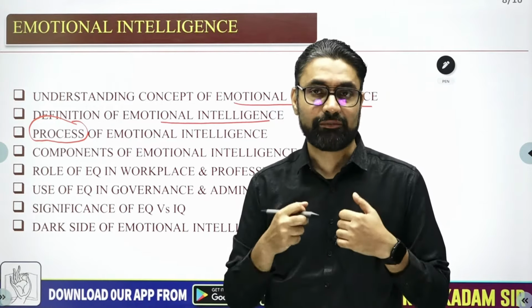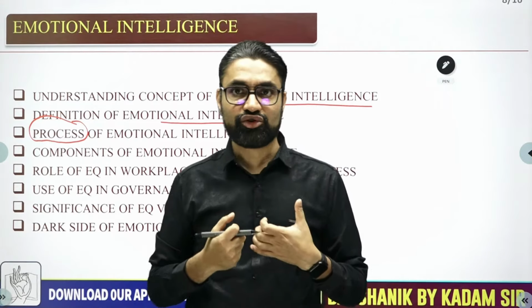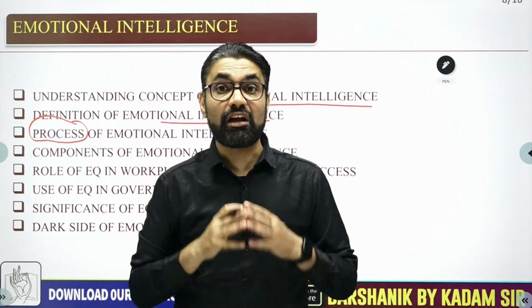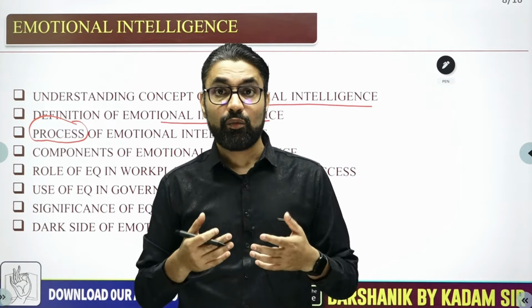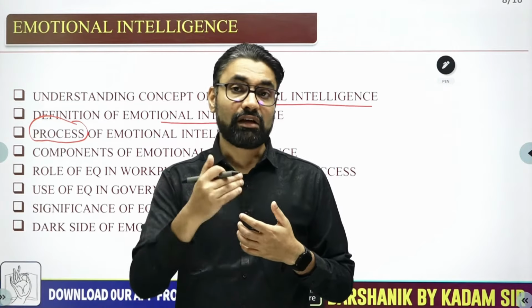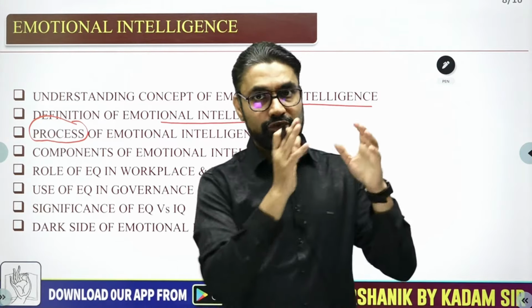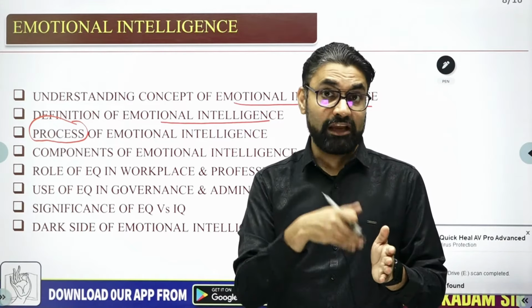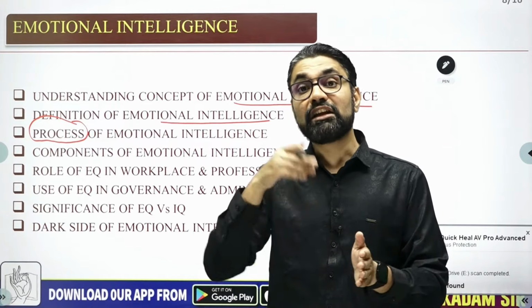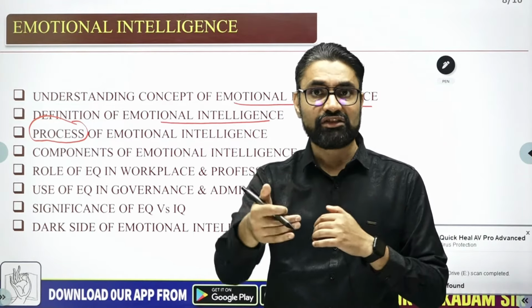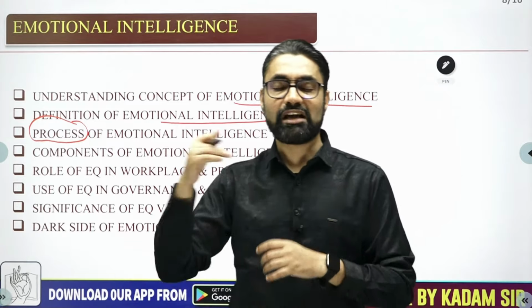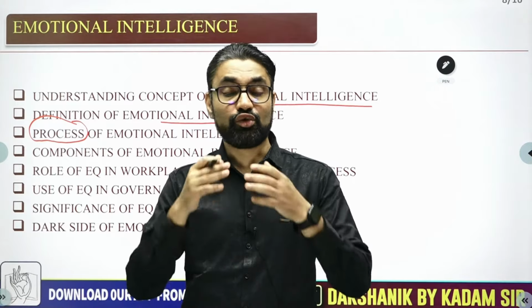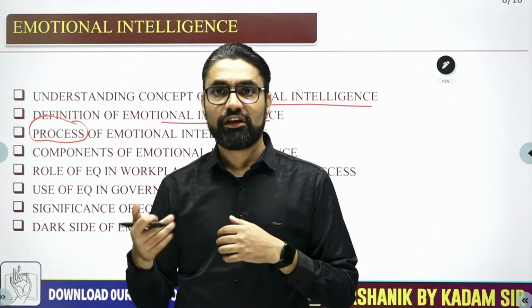First is emotional perception. First thing, you need to perceive your own emotion, what I am feeling emotionally. After emotional perception, the next stage comes: emotional understanding. You need to understand why I am feeling that. Then the third stage is reasoning with emotions. So first, the emotions I am experiencing, emotional perception. Why I am experiencing this emotion, emotional understanding. Then reason with emotion: are these emotions good in this situation or not? Emotional reasoning. And then the last process: if these emotions are bad, then I need to manage those emotions and act on the emotion, emotional management.